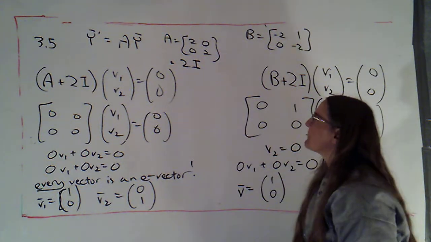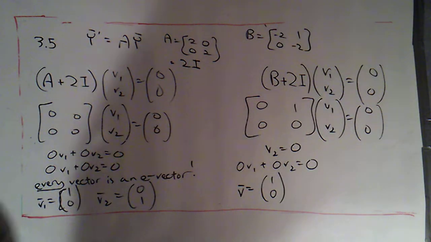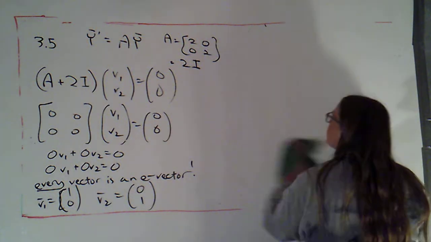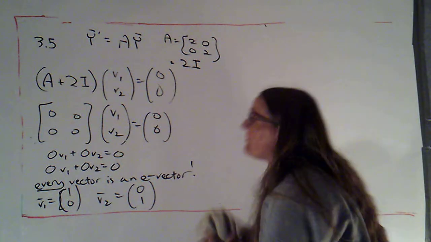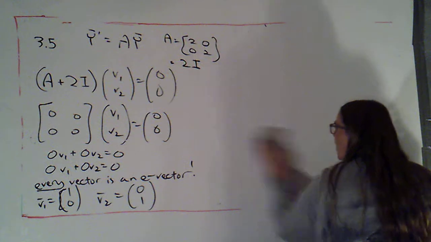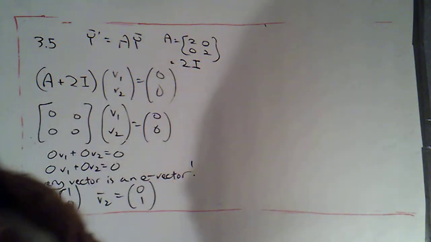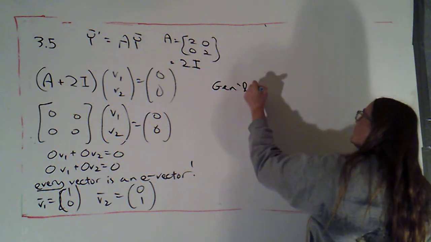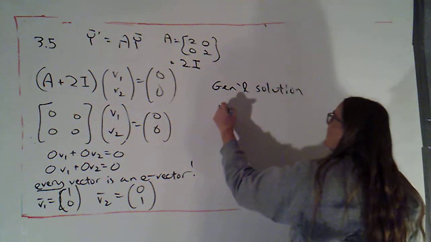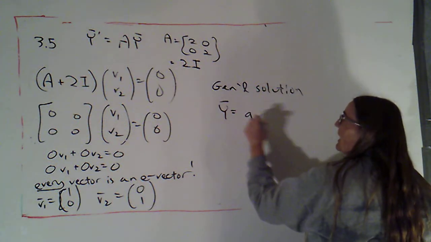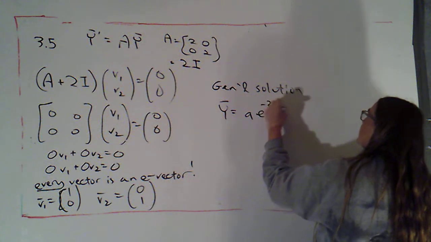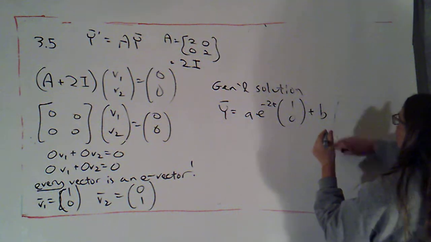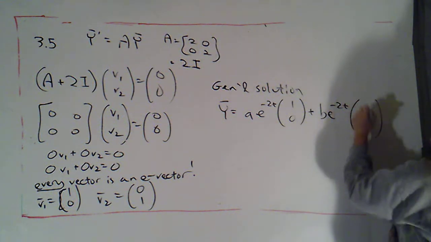Okay, so let's see if we can write up our general solution now, and then see if we can piece together the phase portrait for A. We'll come back to B in a later video because that's the more complicated scenario. But for A, I can say that my general solution is just going to be y is equal to a copies of e to the negative 2t times (1, 0) plus b copies of e to the negative 2t times (0, 1),